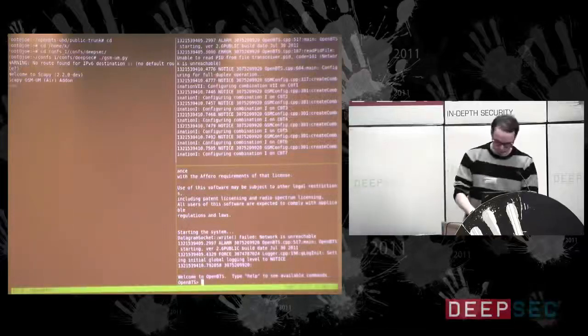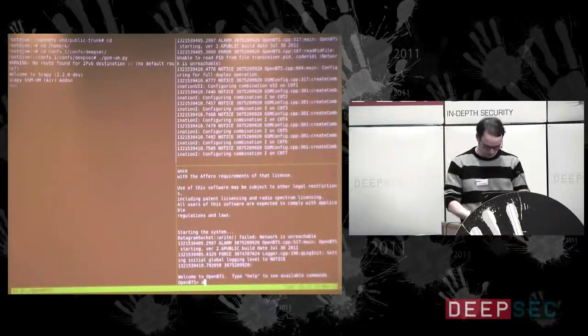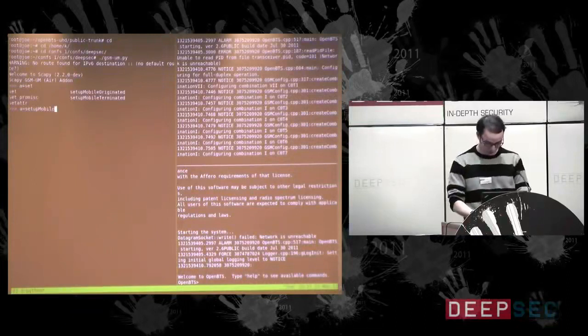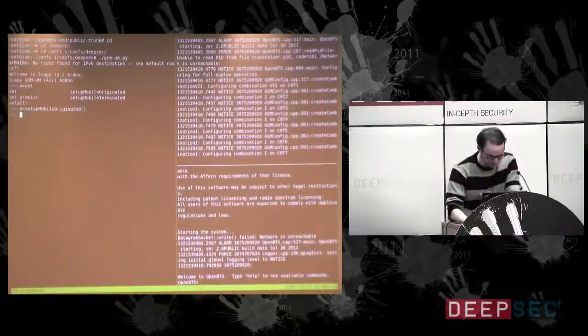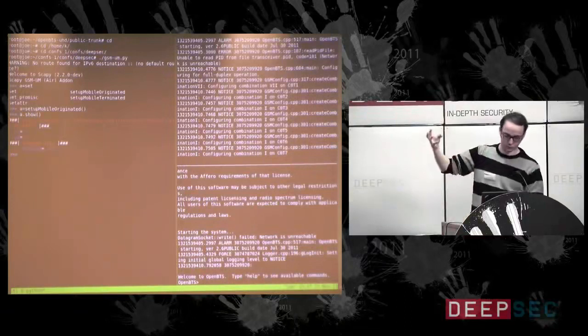So in the meantime, I'll create a packet here. As I said, to have some correct protocol run, I need two packets. The first one was a setup mobile originated message. Now, if you want to see the content of that packet, it's basically three information elements.